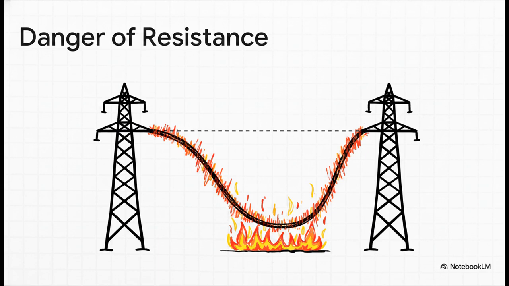Now, as the metal gets hot, it expands, which actually causes the line to physically sag closer to the ground. If grid operators push too much current and hit what's called the thermal limit, well, the metal stretches permanently and it will not shrink back. So the current has to be constantly managed to keep it safely below this dangerous ceiling.